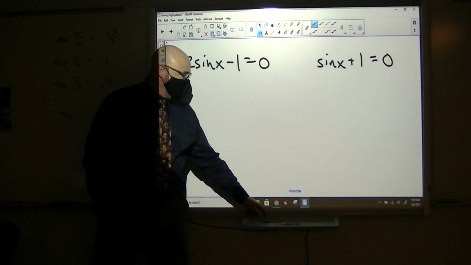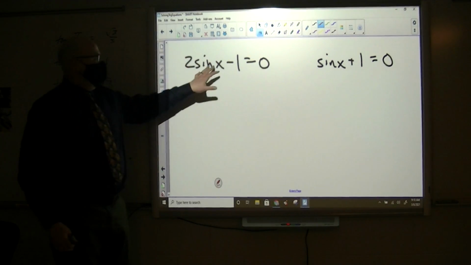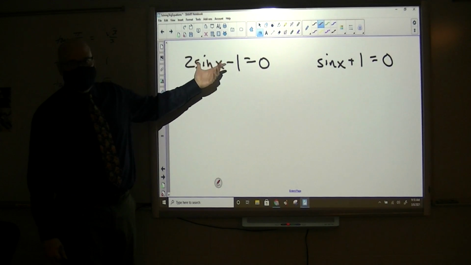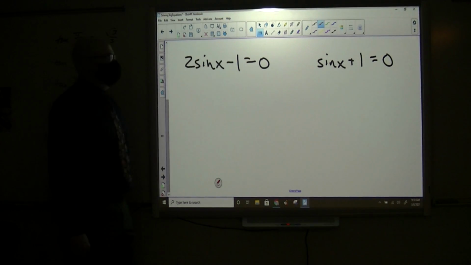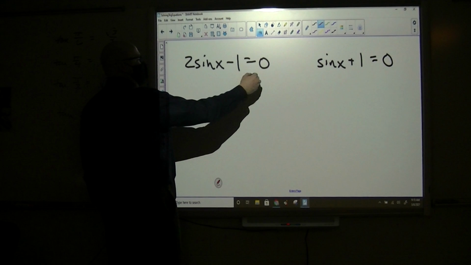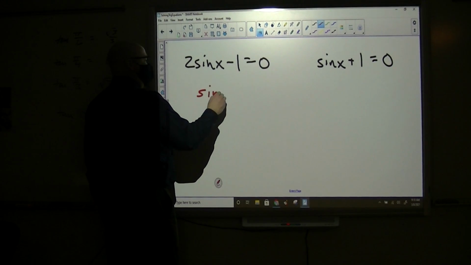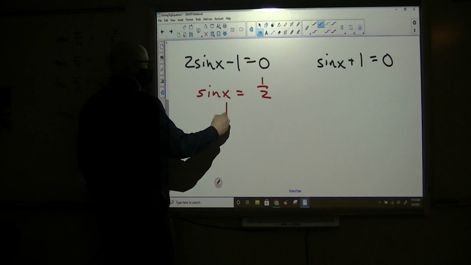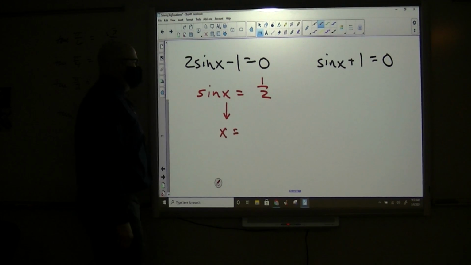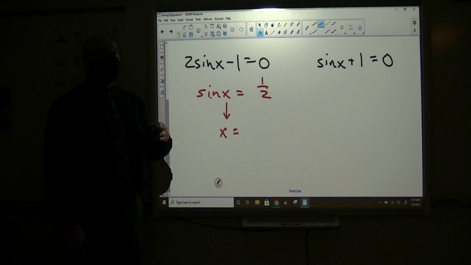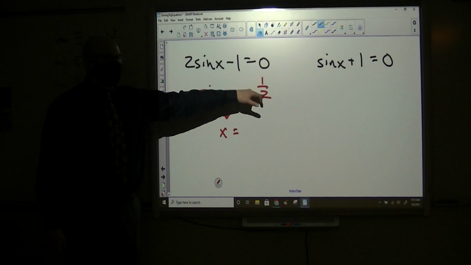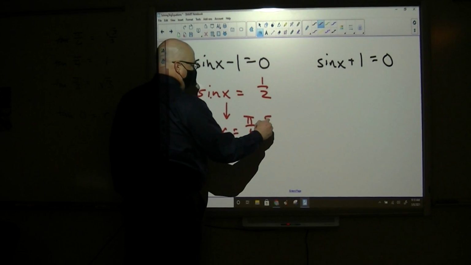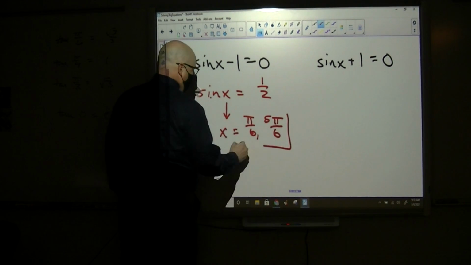Ready? Okay. So, every time we have a trigonometric function with only one term, not a square term and a single term, but something simple like this, we isolate by adding 1 and dividing by 2. So we get sine x equals positive 1/2. And then my answer is the angles that have y coordinates of 1/2. And those two angles are pi over 6 and 5 pi over 6,